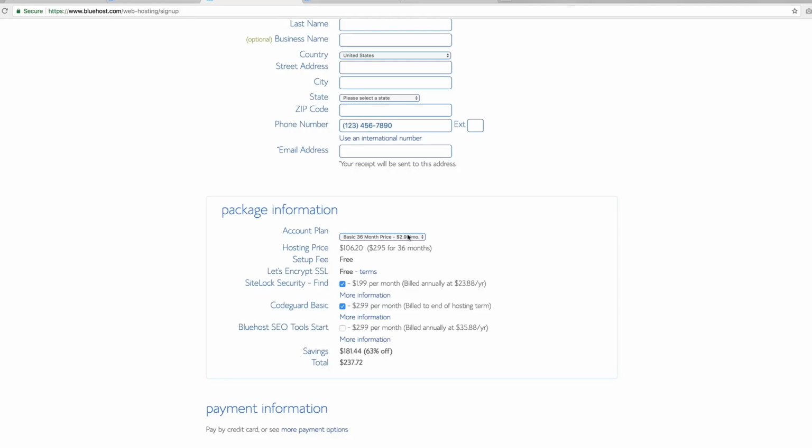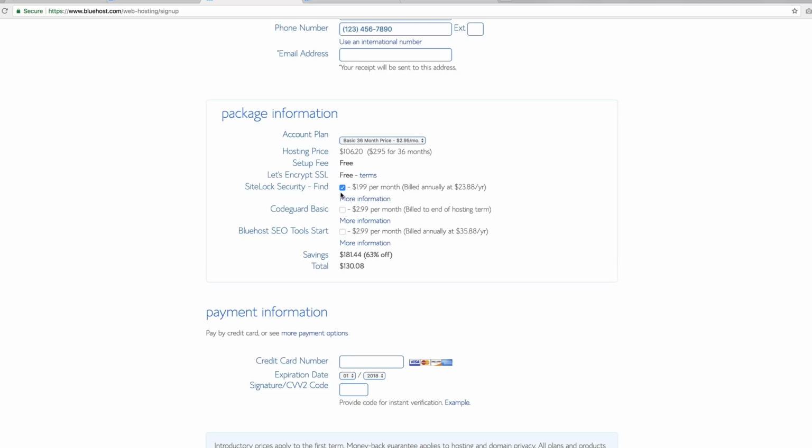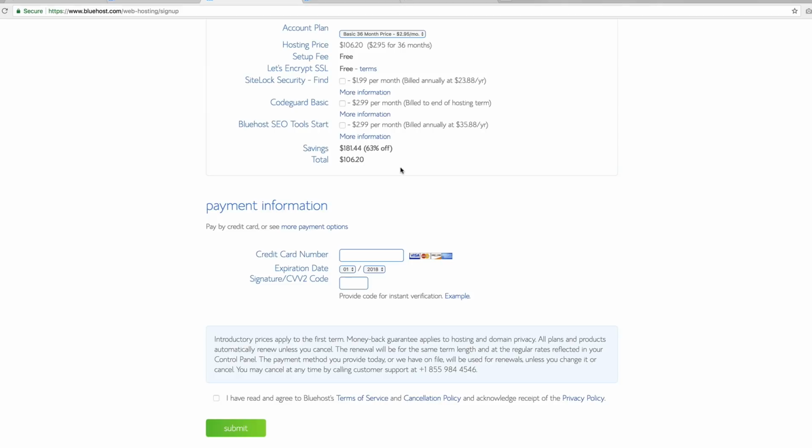So choose the plan that you want. And if you want any of these extras, you can go ahead and do that. You don't have to. You can totally start small if you want to, which is like the most basic plan. That is totally up to you. And then once you are done picking your plan, you're going to put in your credit card number, all of that good stuff right here. Hit the submit button, and from there you will be able to set it up and log into your Bluehost